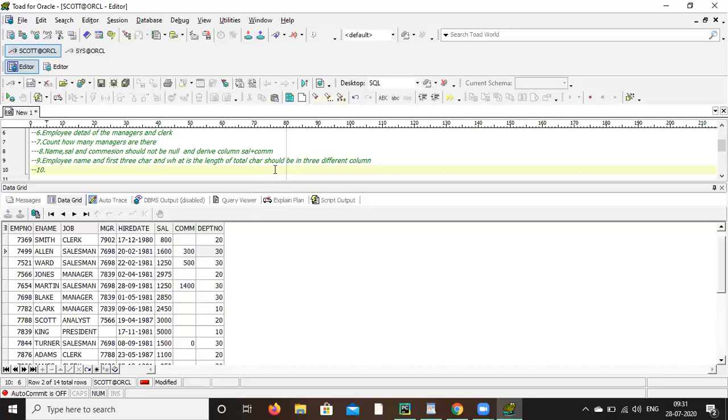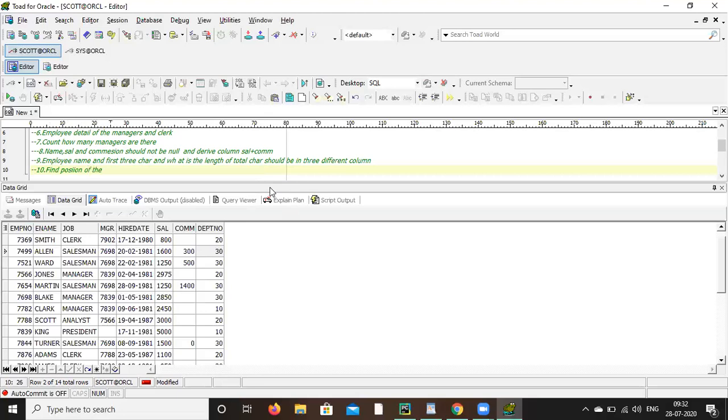So I want the position of the A in the first occurrence. No, not how many A are present, but the position of the A in the first occurrence of the name.